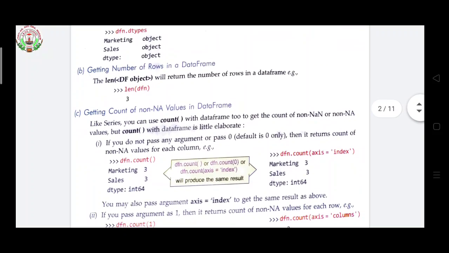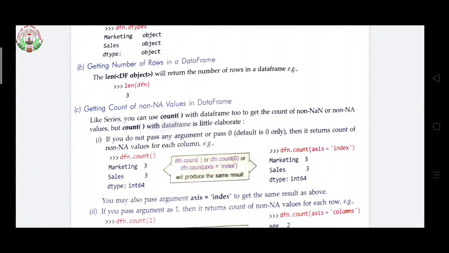Now next is getting the count of non-NA values in a data frame. Like with a series, you can use count. Count means you can count with a data frame to get the count of non-NaN or non-NA values, but count with a data frame is a little more elaborate. First, if you do not pass any argument or pass 0, default is 0 only, then it returns the count of non-NA values for each column.